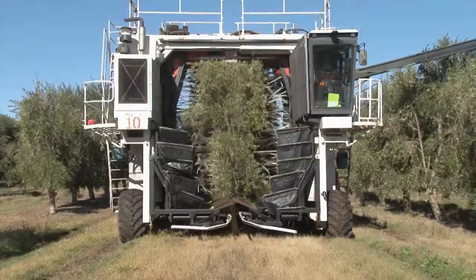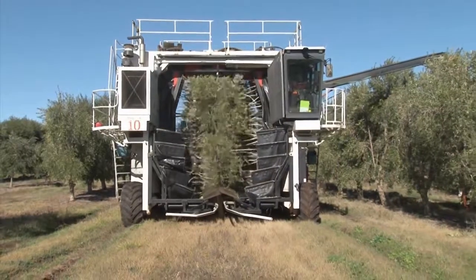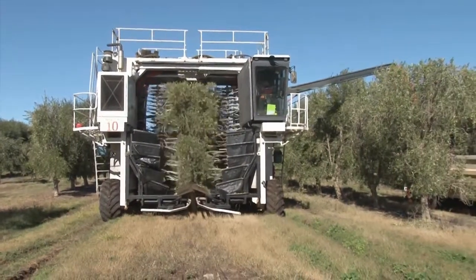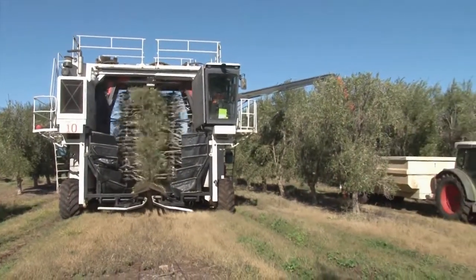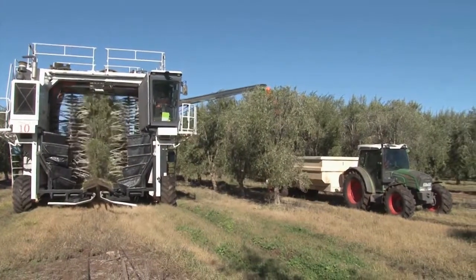Currently we're very happy with our yields. They're ranging between 10 to 14 tonnes per hectare, which is mainly with different varieties or different age trees. The way our harvest operates is we try and split our harvesters into groups of three. So we'll have three harvesters and three bins under those harvesters and one extra bin just looking after those three, just keeps changing them over every 2 hours just to keep all the fruit fresh. Back to the processing plant, we change the bins over so they're back in the plant and being processed into